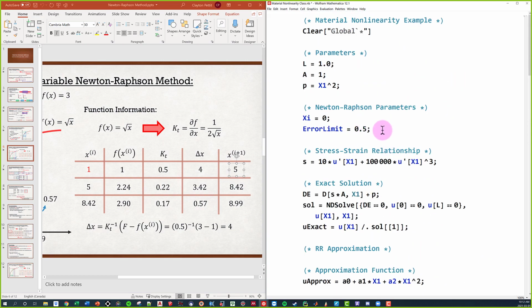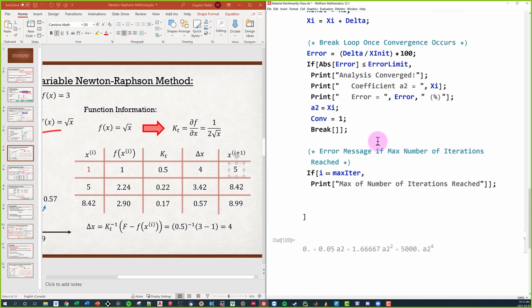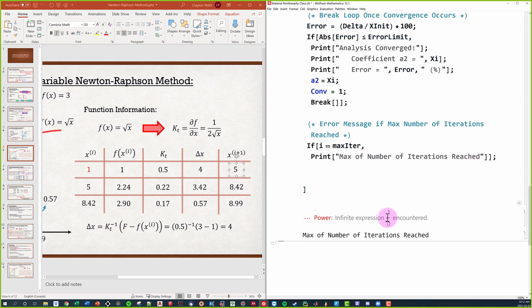But one thing that we have to keep in mind now is that we defined this maximum number of iterations, so we actually need to define what it is. We defined our initial guess. We defined our error limit. Now I'm going to come down and define our maximum number of iterations. And usually you should start with just 1. If you start with 20, and there's something wrong with the code, Mathematica is just going to take forever analyzing basically garbage. So usually you start with 1, see if everything's working the way you want it to, and then you're good to go. So I'm going to run the code.